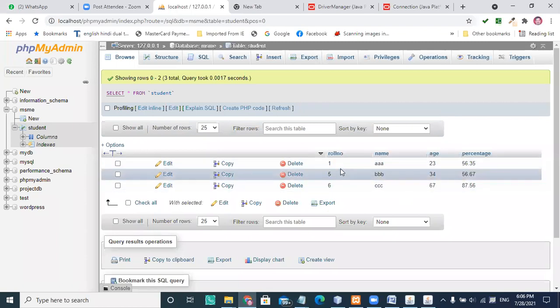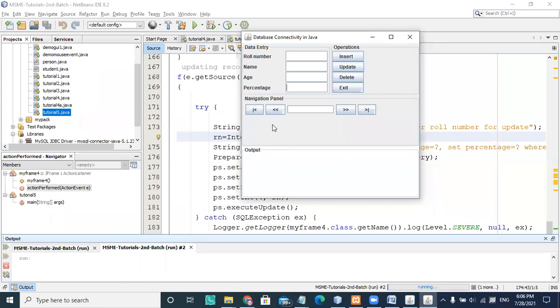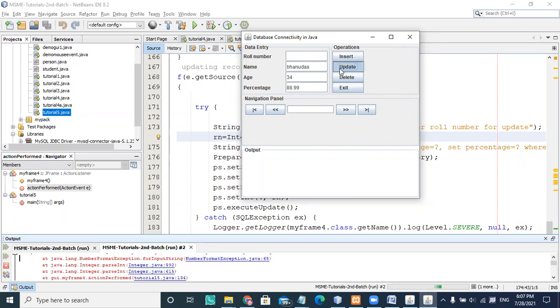If I want to change my record number 5 here, I'm selecting record number 5 and giving a new name. I'm writing Bhanudas, the age is 34, and I'm writing a percentage 88.99. And when I click on update here, it's going to update the record.